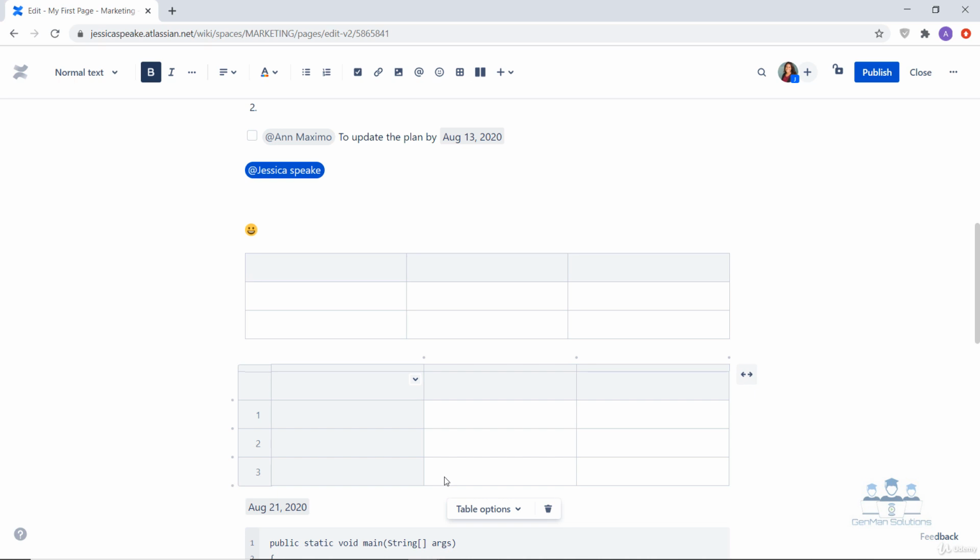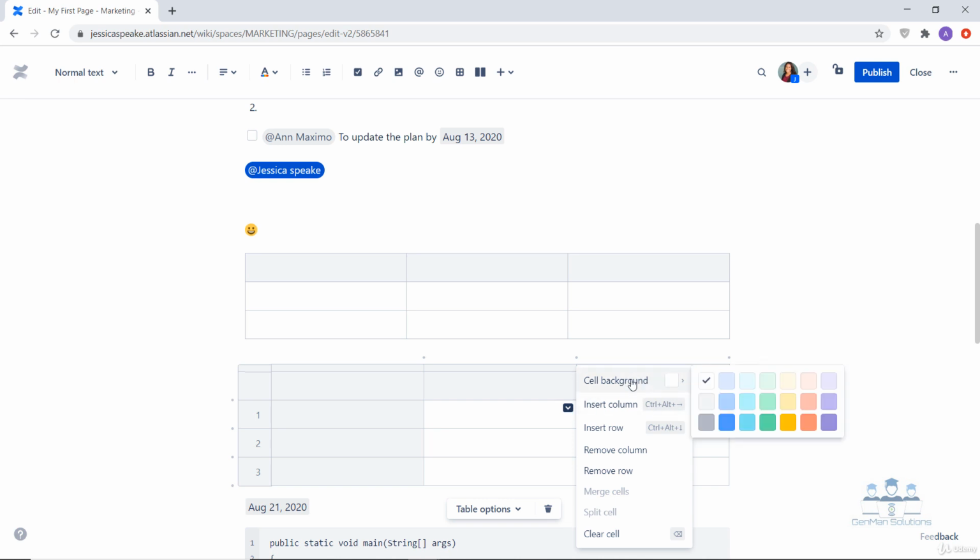Now let's talk about cells. So this is a cell of a table. You can click down arrow button to access the various actions which can be done in a cell. So you can change the cell color by selecting the color you want to choose in the cell background option. You can insert a column to the right.